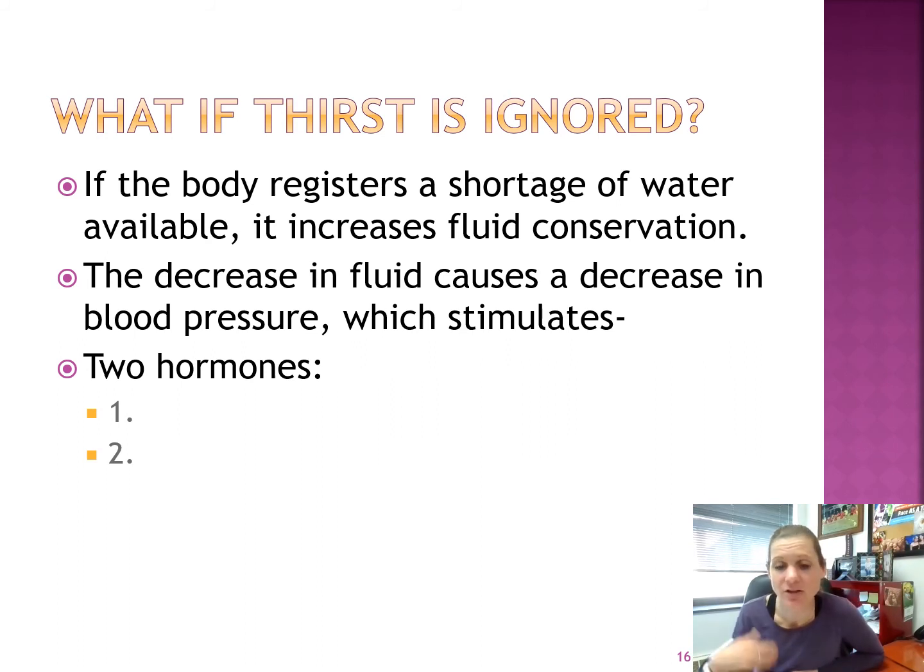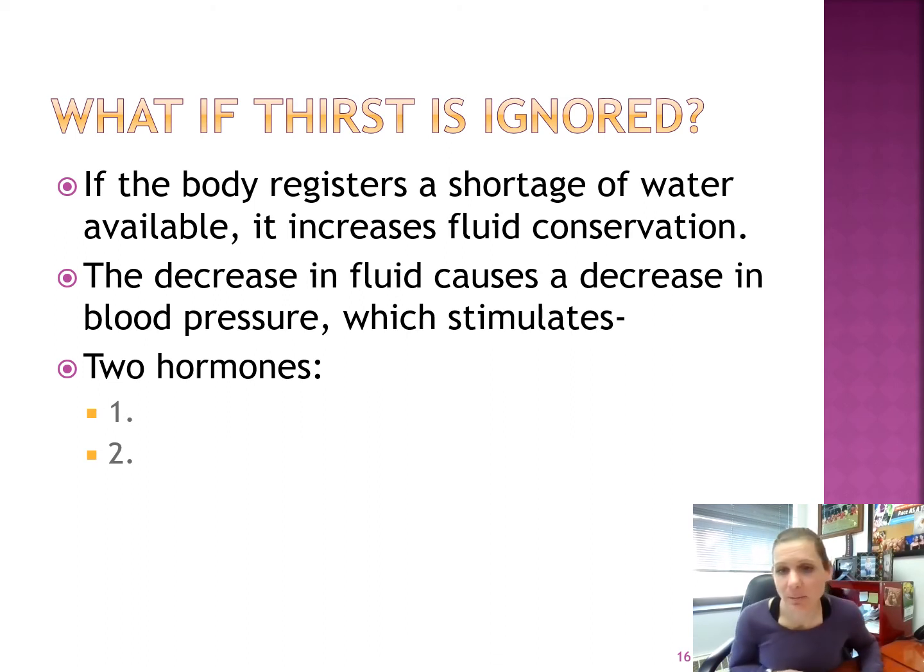So if I start to dissipate a lot of heat, maybe I'm sweating quite a bit, and so I'm getting rid of a lot of that fluid, this will cause the amount of fluid in my plasma, or the amount of fluid in my blood, to decrease. As I decrease the amount of fluid in the blood, this causes my blood pressure to drop. Think about a tube where there's water flowing through. If I decrease the amount of fluid in the tube, that'll also cause a decrease in the pressure exerted against that tube. So as I decrease fluid in the body, this will cause a decrease in blood pressure, and this will stimulate the release of two different hormones. Number one is called ADH, or antidiuretic hormone.